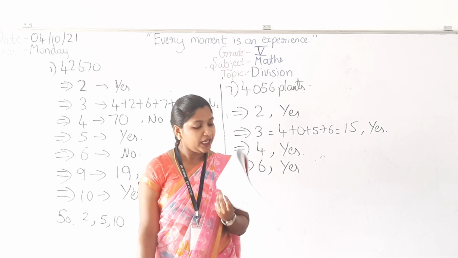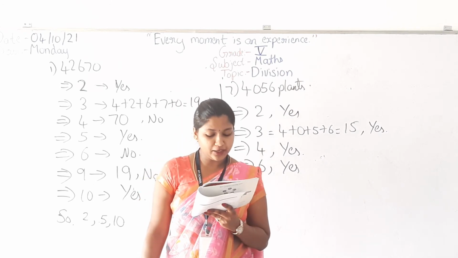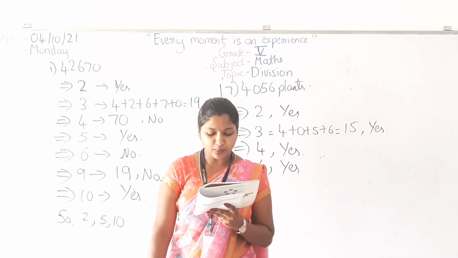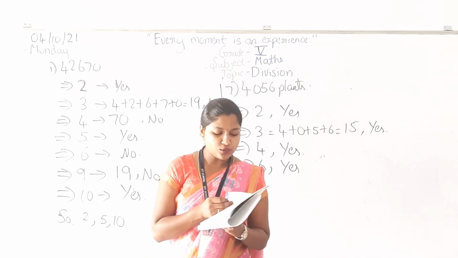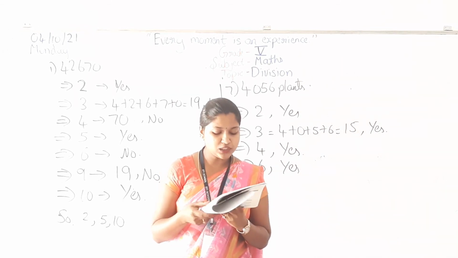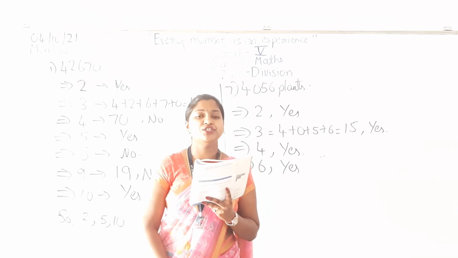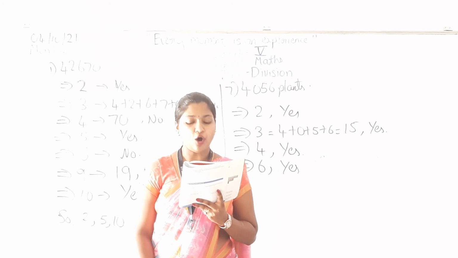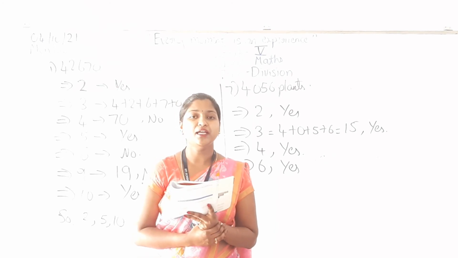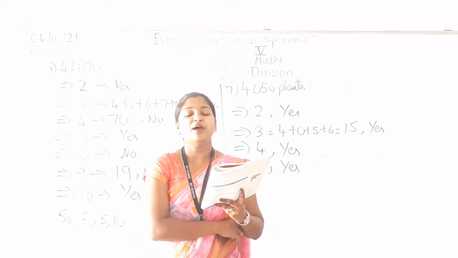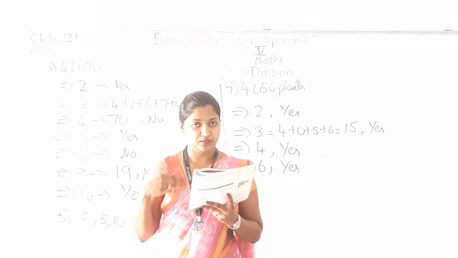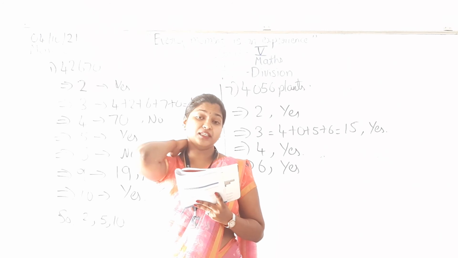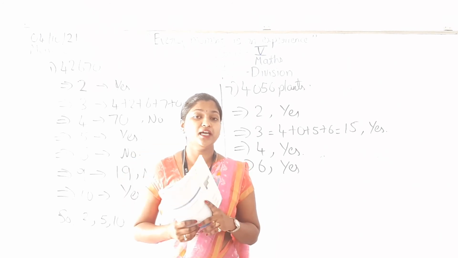19th question. Keshava has 3,125 plants. He planted them in rows, each row with 25 plants. How many rows were there? Also check for the correctness of division. You do division first and then find out how many rows there were, and the remainder. You have to check whether the remainder will be other than 0. And you have to check the correctness.